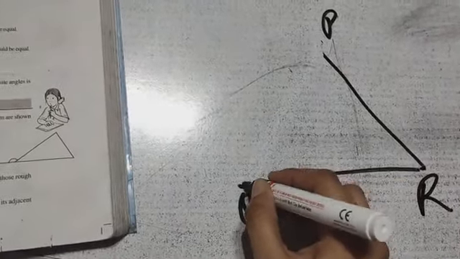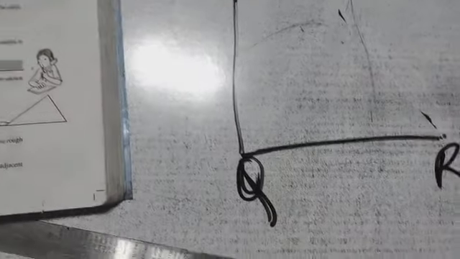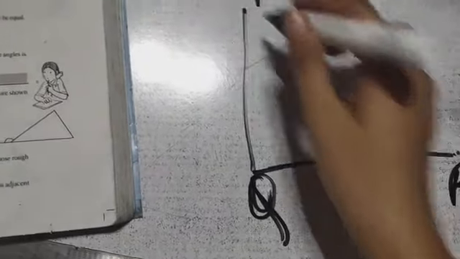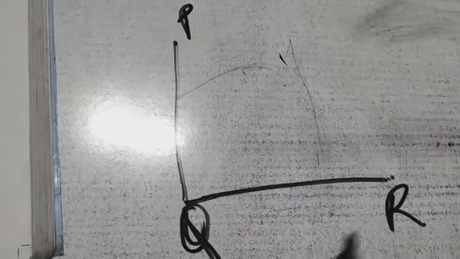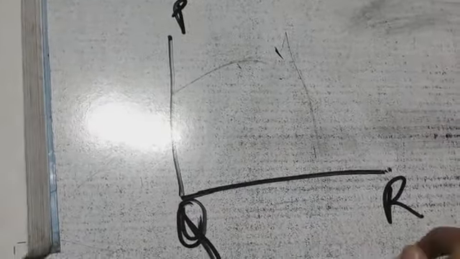a line joining this. PQ and PR are the altitudes of the triangle. So if we make this as PQ and then we want to join PR as the altitude, this is not possible. So the second question is not possible. This is wrong. Okay, so now moving on to the next one.